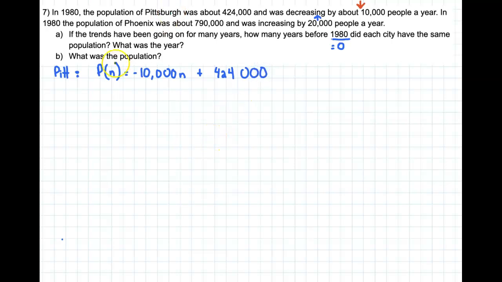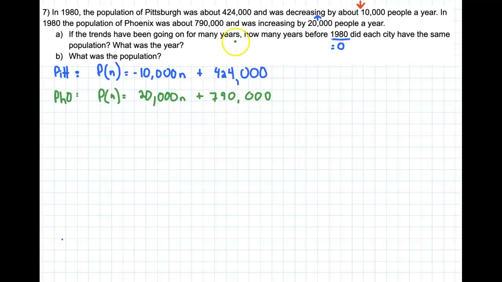And then let's look at Phoenix. The population is increasing, so it's going to be plus 20,000 per year, plus 790,000. Now, if we just think logically here for a moment,